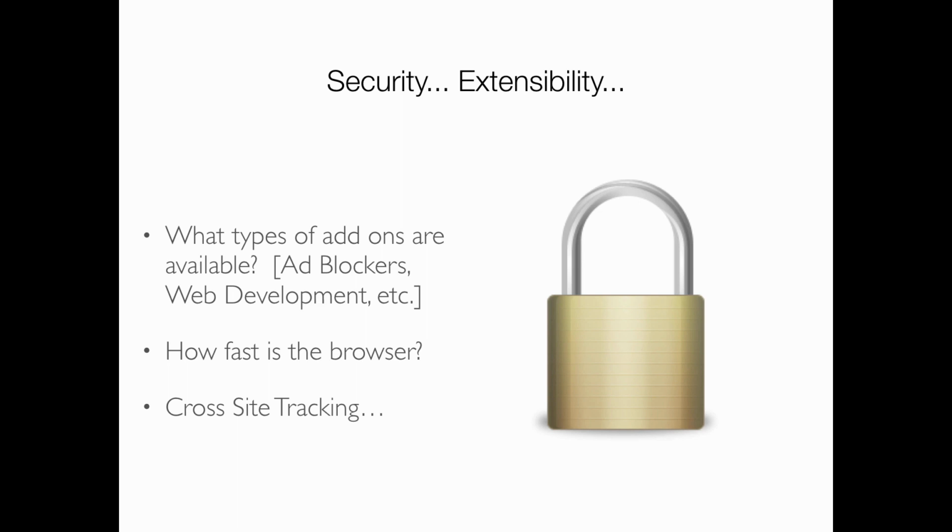It's something called cross-site tracking. And you guys have probably experienced this, though you might not have realized it just yet. There's a big discussion about general security and privacy in the internet space right now. One of these hot button issues is the idea of cross-site tracking. When you go to some websites, a third-party company, a company that's not the company that you visited, will install a little piece of software on your computer, a little cookie. And that cookie will then start tracking what websites you go to, what things you're interested in, what you look at, etc. And it will report back to that company, hey, this is what this person's interested in.